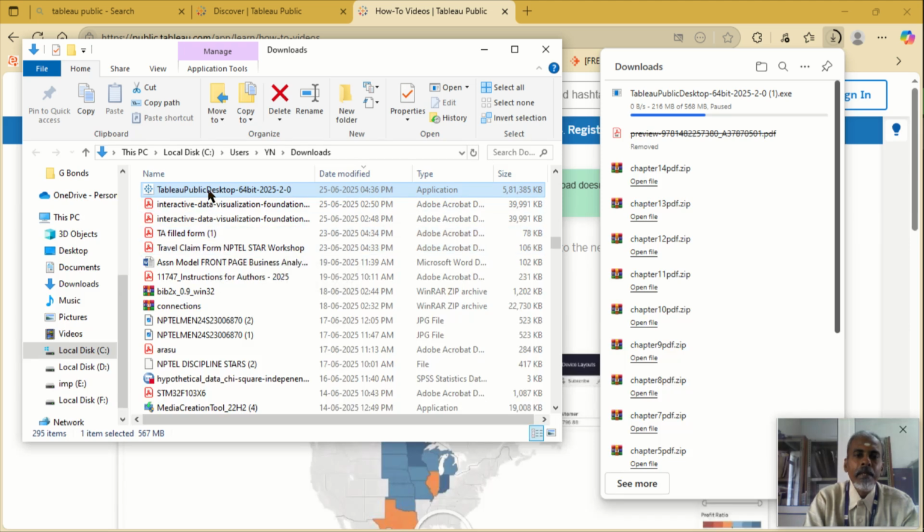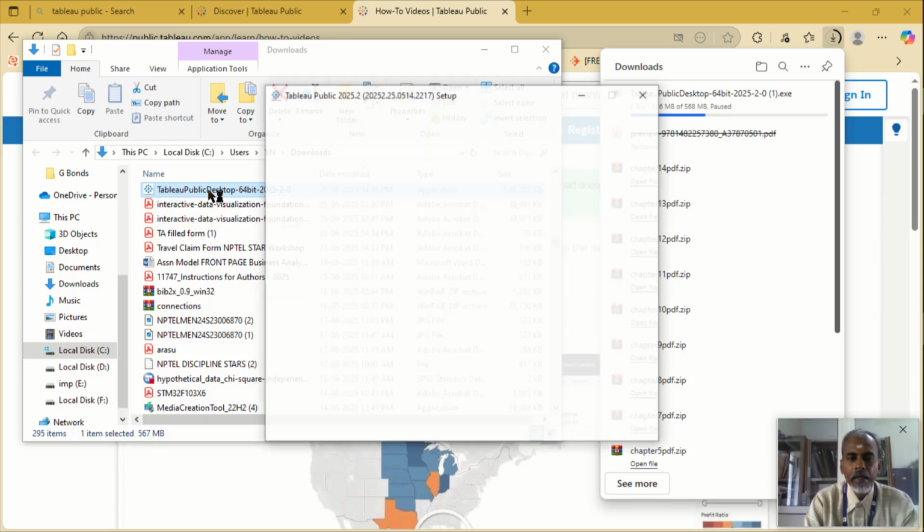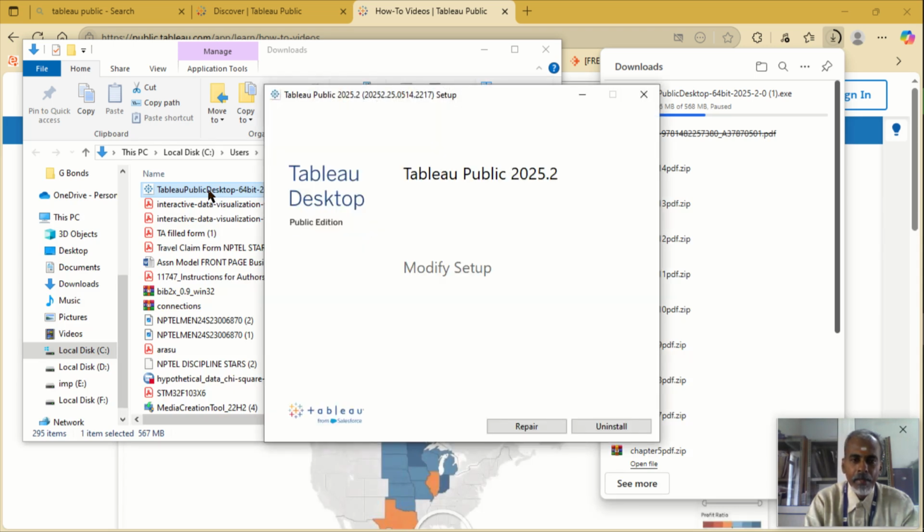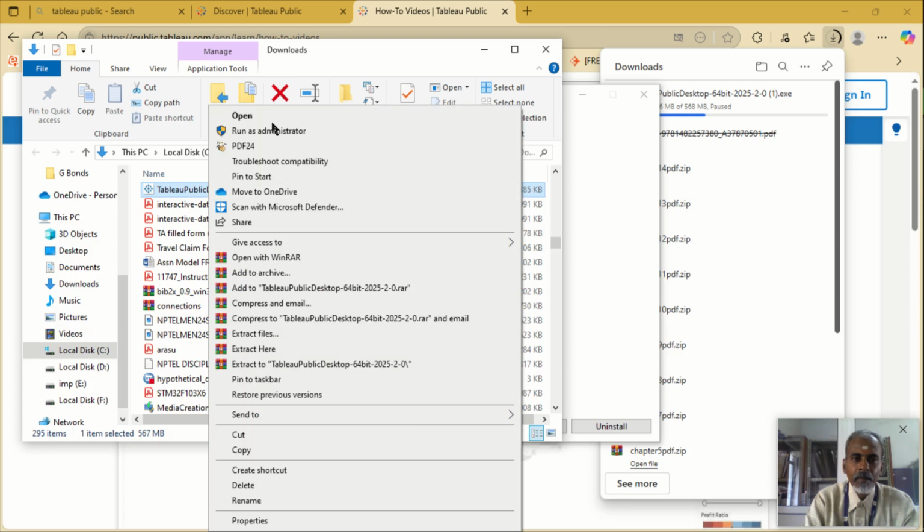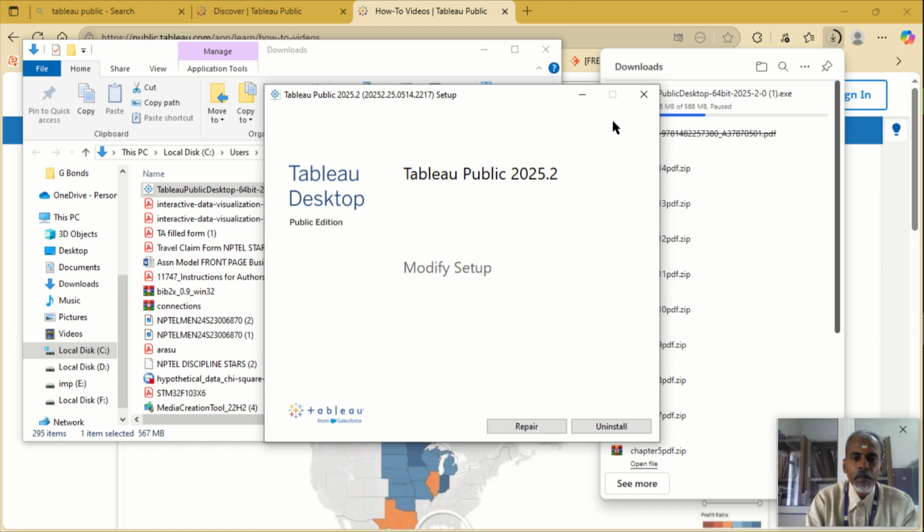I am double clicking it. If you are not an administrator, see to it that you right click and install. For example, right click like this, run as an administrator, right? So it has started. Since I have already installed this Tableau Public 2025.2, it is asking me to repair or uninstall. These two options it is asking me. I can do either of these options. It will install whatever software it requires, and your setup will come to an end. I'll just give repair